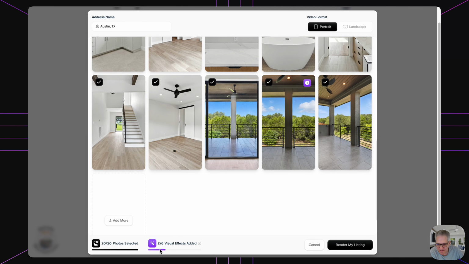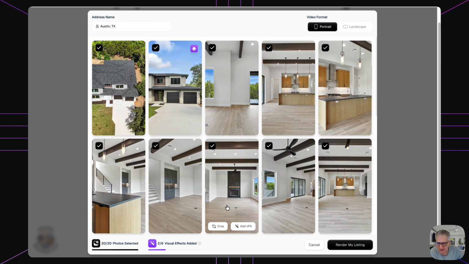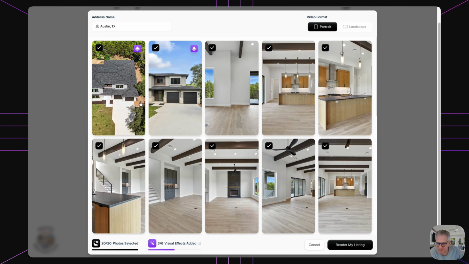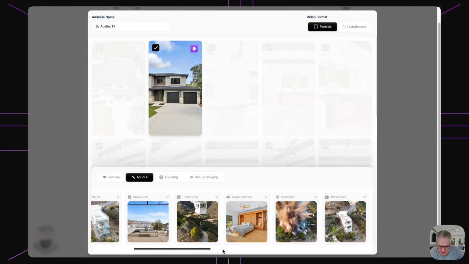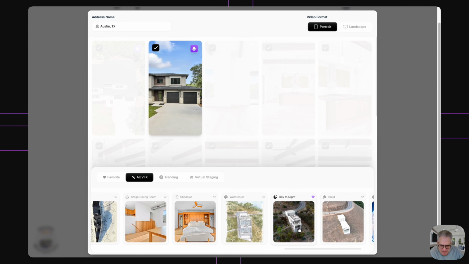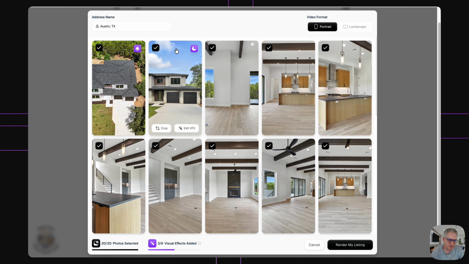And then lastly, I'm going to throw in a day to night for the drone shot here. Actually, you know what? I'm going to reverse that. I'm going to go twilight with the drone. And one of the reasons is to show you can actually use the same one for more than 1 images. However, I'm going to just mix it up and go back to my regular day to night for the straight up shot to make it look more like a virtual dusk, which you might give to clients anyway. So again, day to twilight here, we're going to see the drone shot, day to night here,